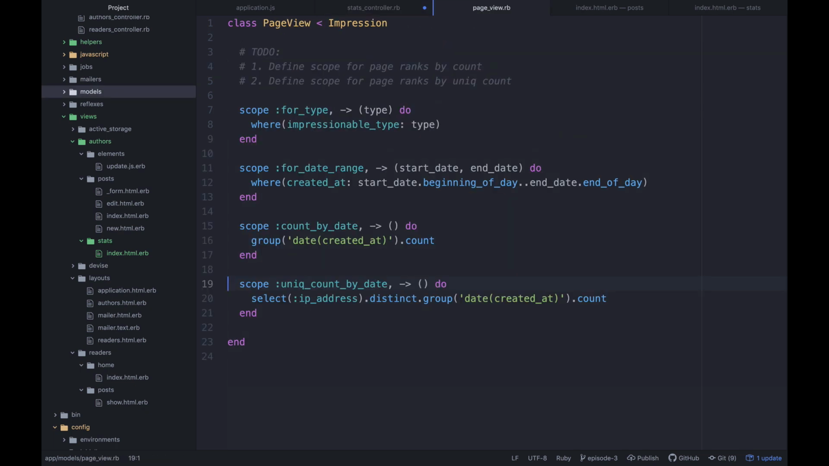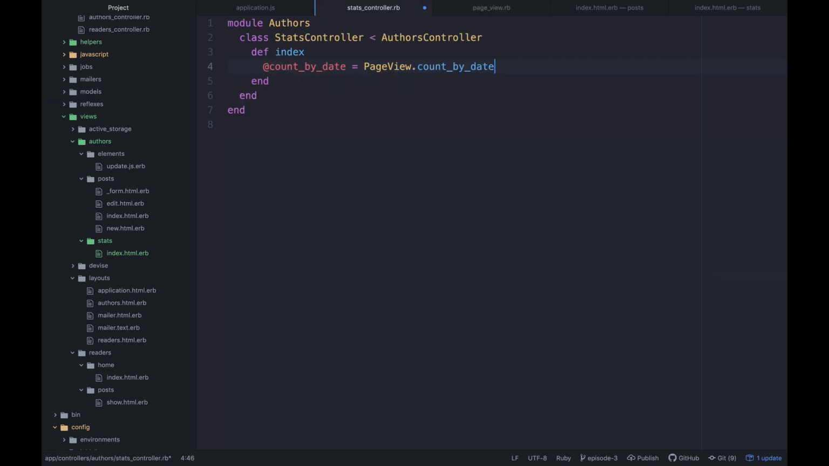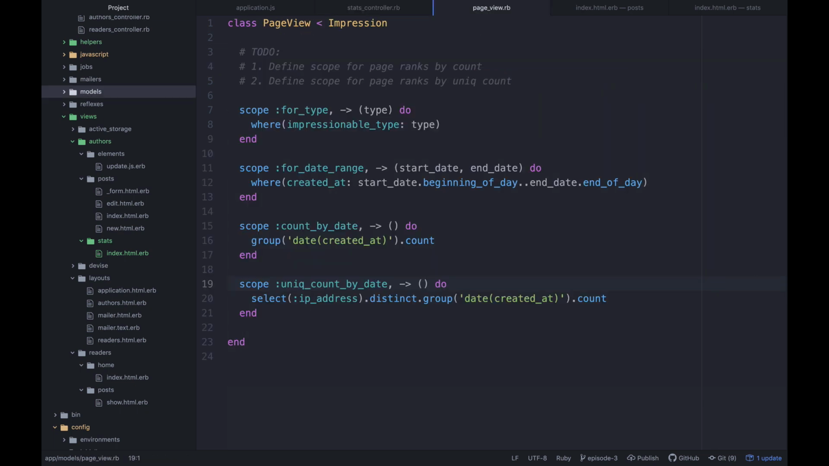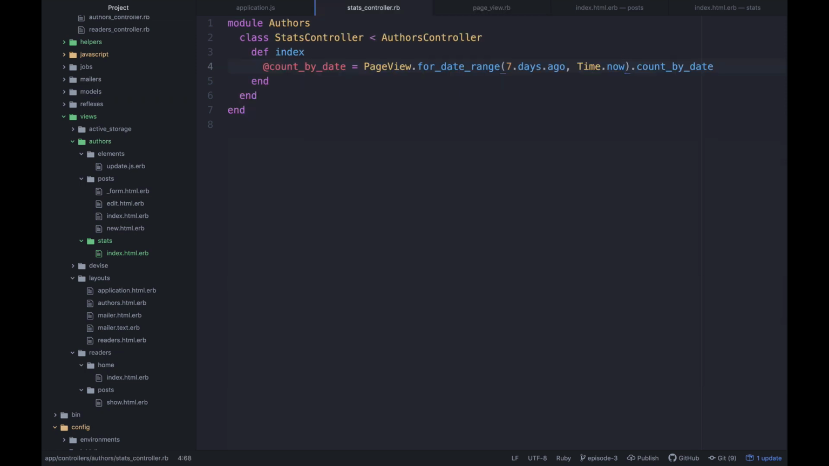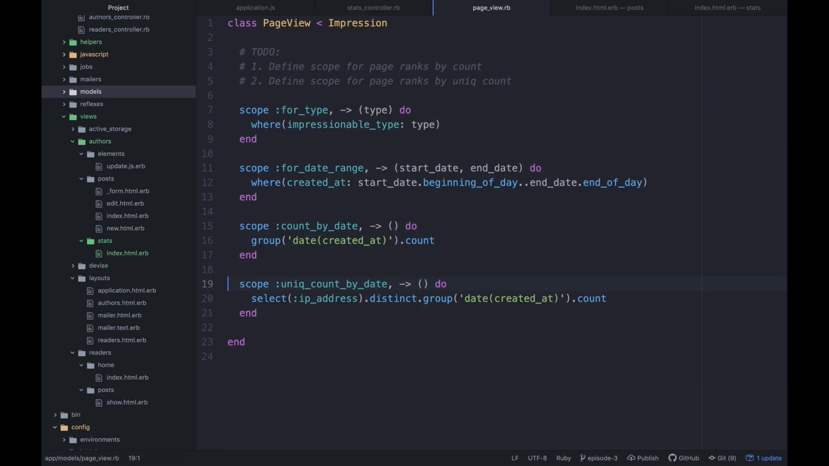let's see, what I want to do actually is for date range, and then we'll do 7.days.ago, and then we'll do like Time.now, something like that. Let's do Date.today instead, I think. Let's see what this looks like. I think that's right. Can we do